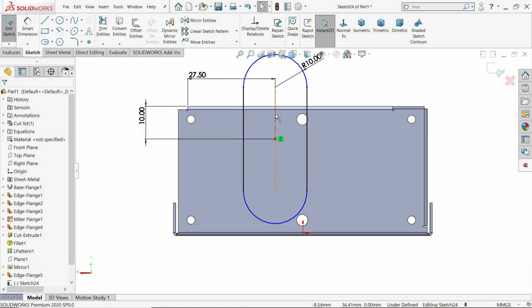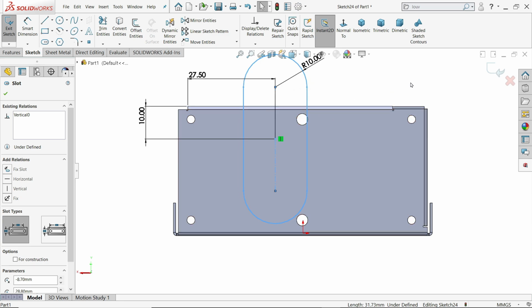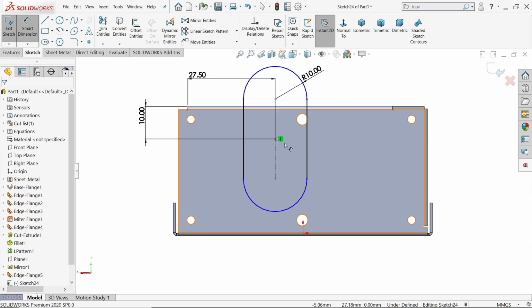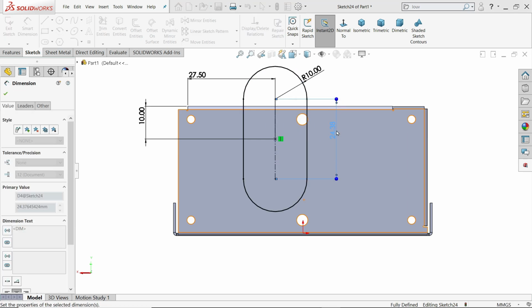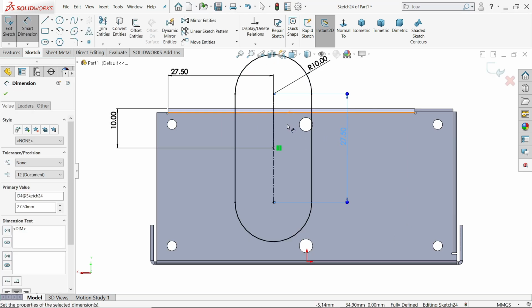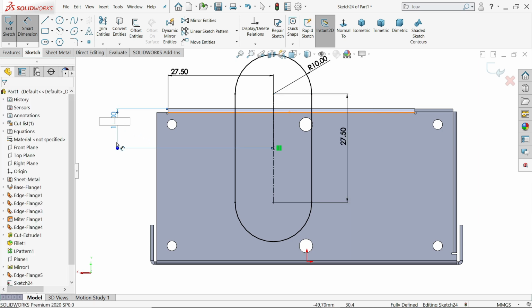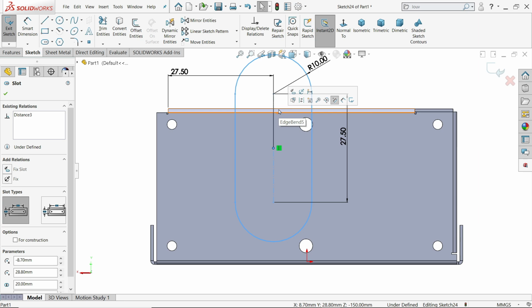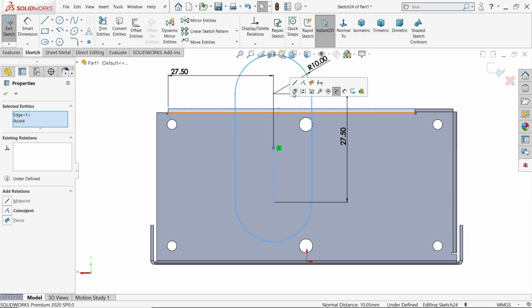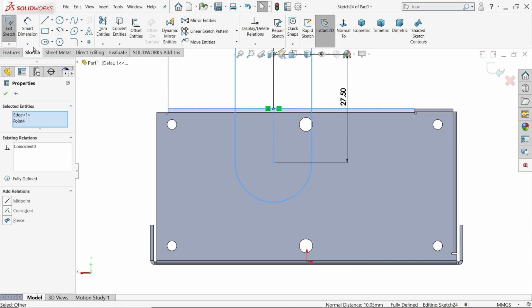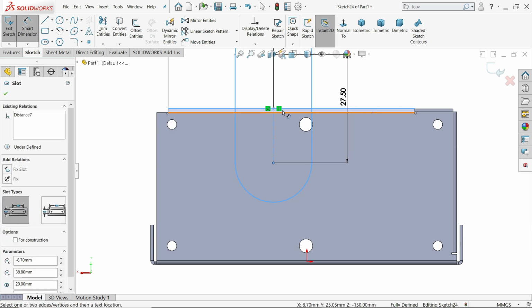Okay, now let's make sure it is vertical. Let's make the length also 27.5, so that now here delete this distance and we will match with this line. Now this distance we will keep